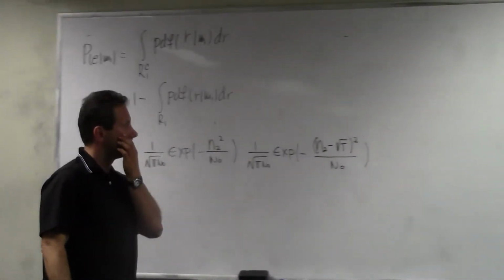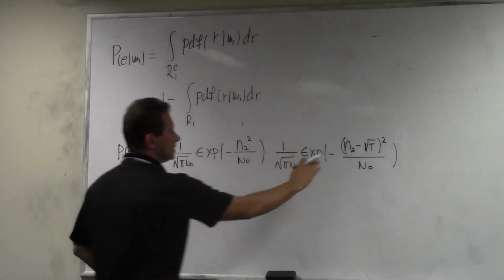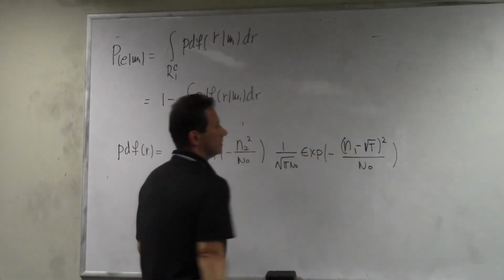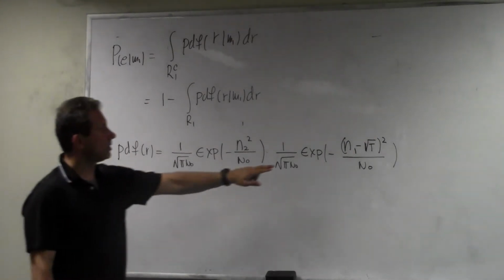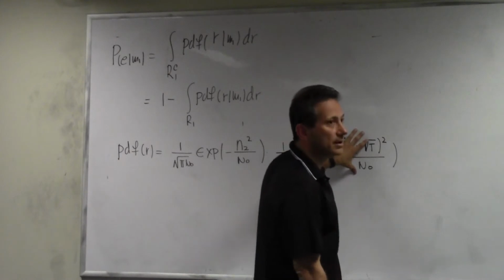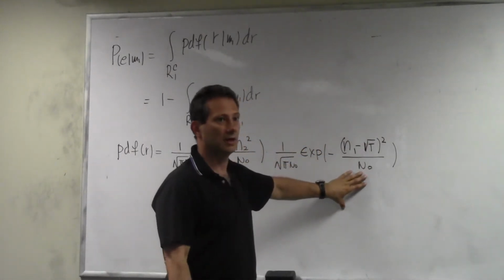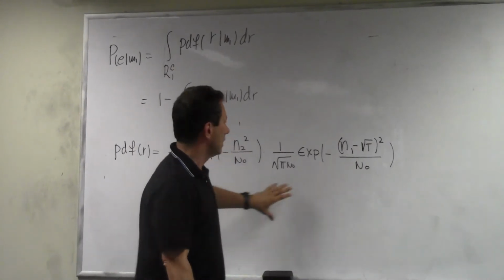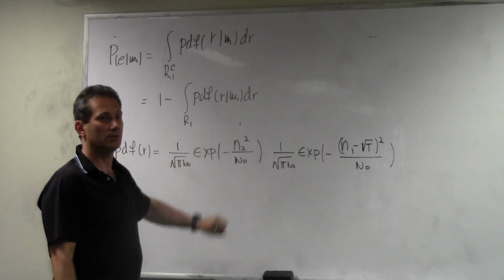This one should be n1, because when you plot it, it is centered around square root of E and has the variance of N0 over 2. And this one is centered around 0, and it has the variance of